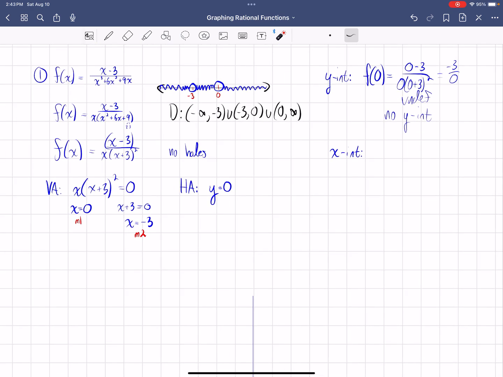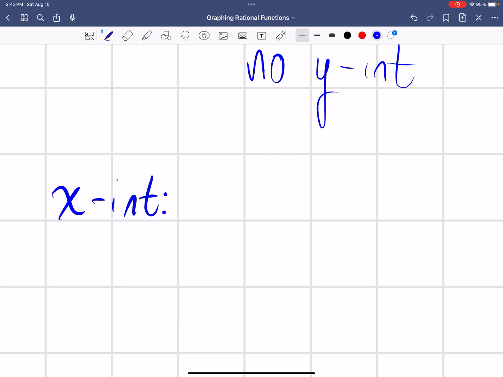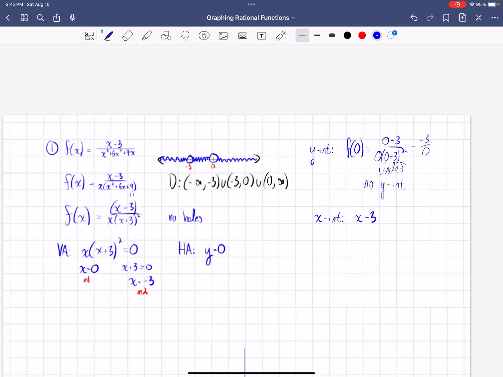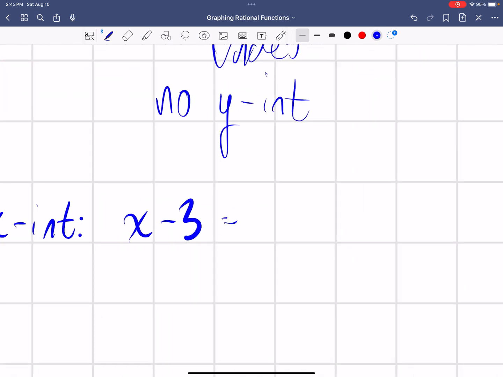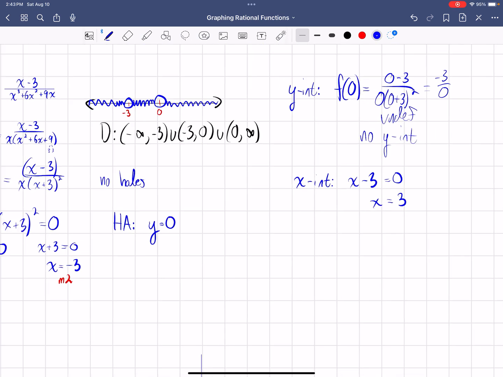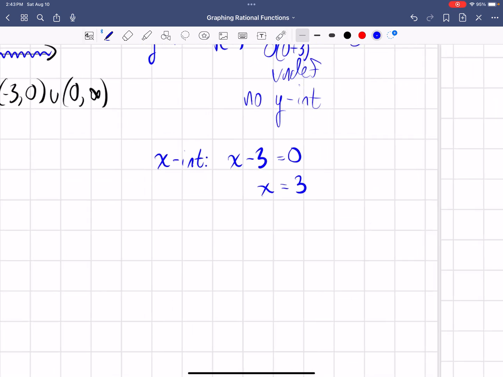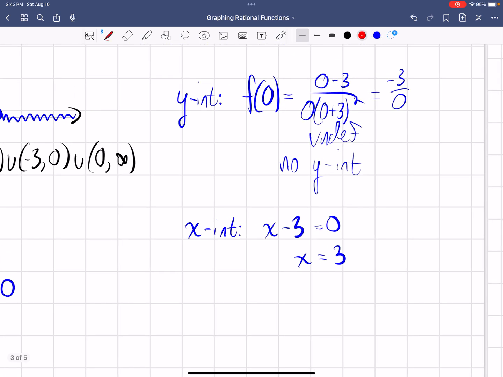equal to 0. So we'll take our simple linear numerator, x minus 3, which we get from over here, and we set it equal to 0. And our solution is x equals 3, so that is our x-intercept. And just like the vertical asymptotes, always keep a close eye on the multiplicities of x-intercepts. So that's multiplicity 1, we just got it one time. So that just about does it for